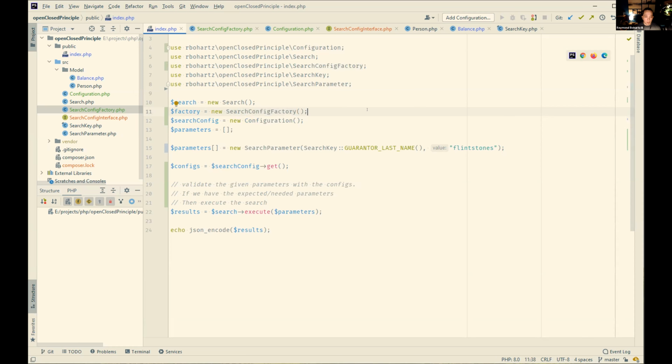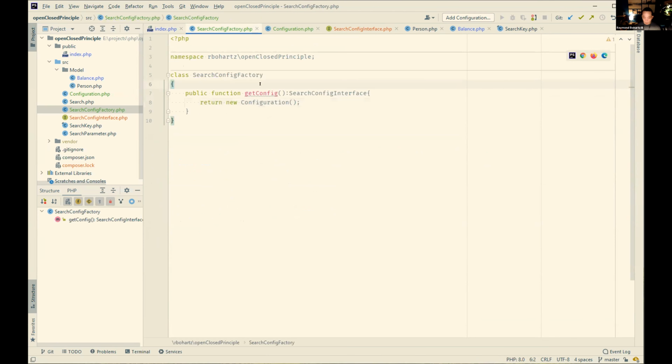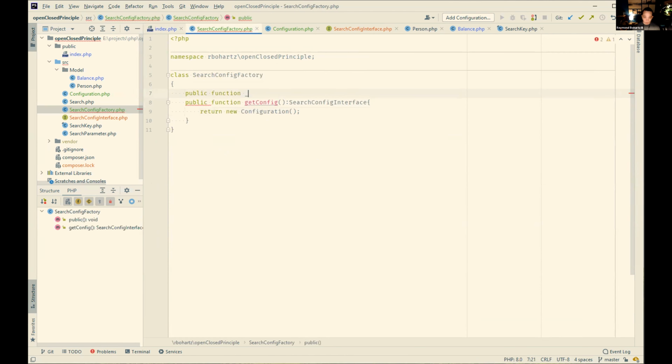And then ultimately this here now is simply going to be factory get config, and it would return our sysconfig, and this was all working code. Everything would continue to work the same. Now we can go through and, just for example, public function